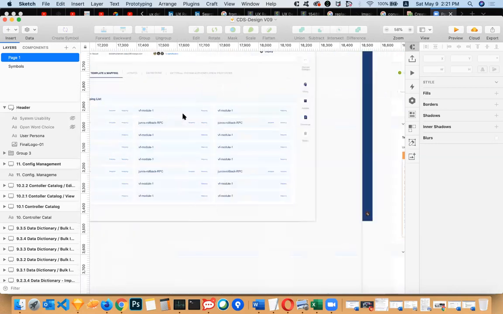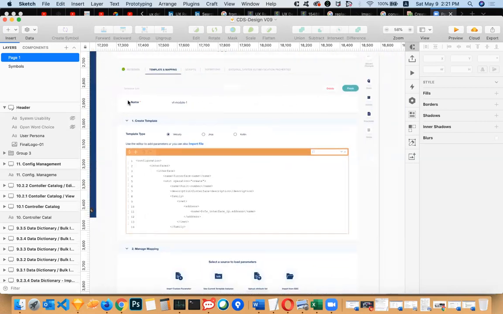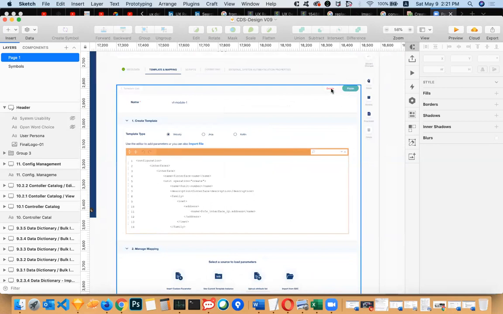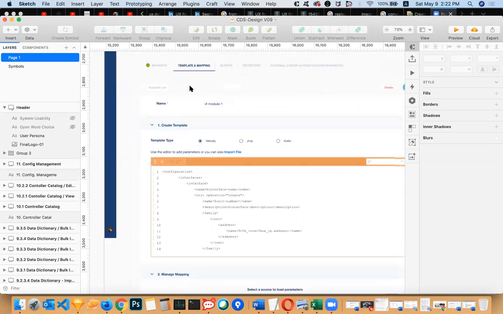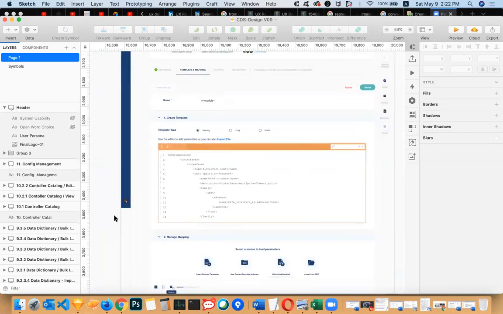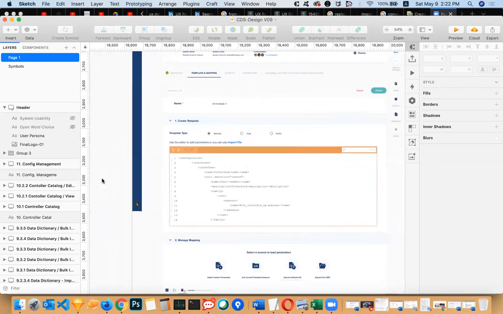But if he clicks on any template from the list, he will have this screen. He will have the Finish button. He can delete the template from this button, and of course he can go back to the template list from this button. We should still have a cancel, right? What should cancel do? If you select an existing file and you're making some changes, you should be allowed to cancel without delete or finish.